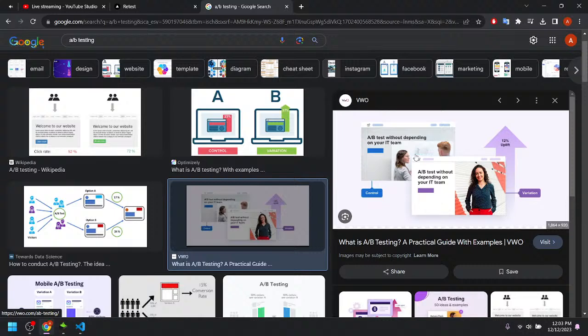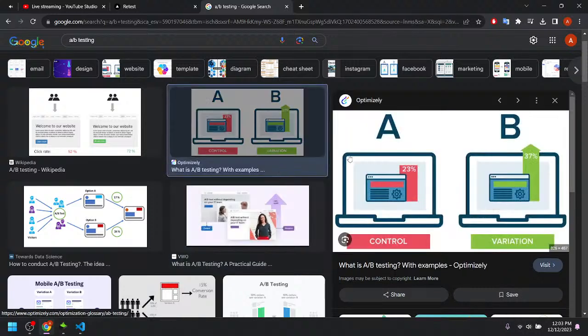So with an A/B test, we will do the following. We have the two variations, and we give those variations to a couple of users.